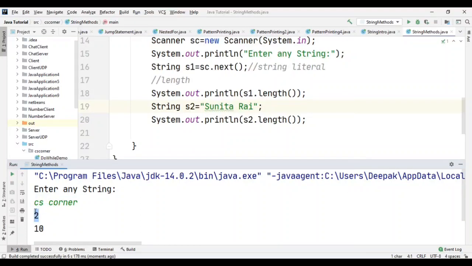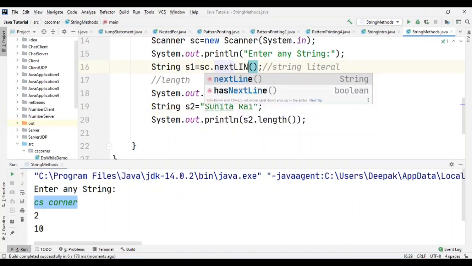I'm getting length as 2, and below I'm getting length as 10, because the length of Sunita is 6 and the length of Rai is 3. In between I have one blank space, so the total length is going to be 10. Here I'm getting only 2 because I have used the next method.